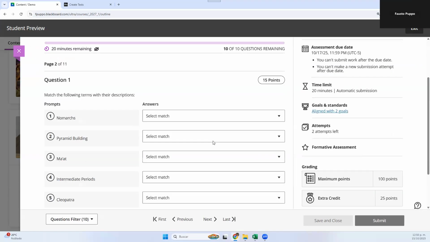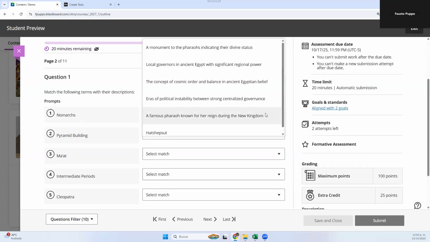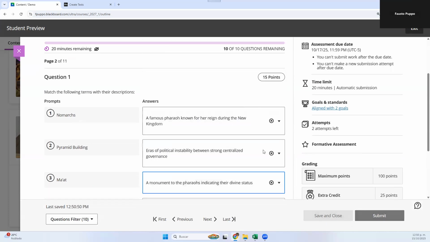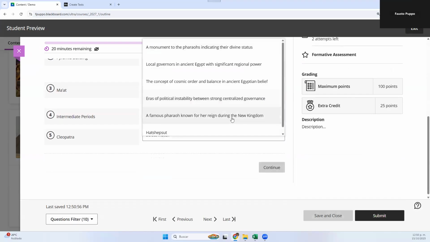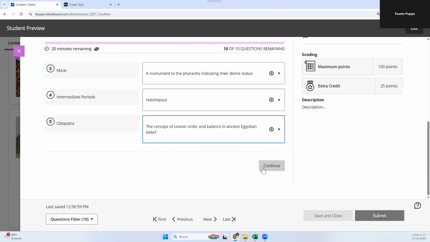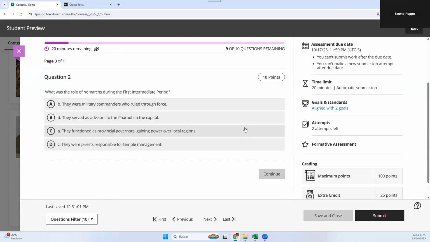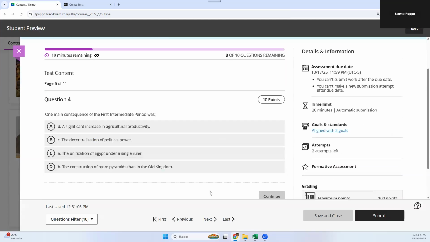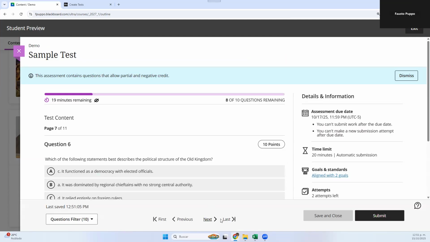We'll continue. And now I have my different questions. I'm just going to click on things randomly here, so chances are I'm going to do really, really badly on this test. Now I can continue. If I'm not sure about this one, I can skip it. I could simply continue to the next one or go to the last, the first, previous. I have a whole navigation